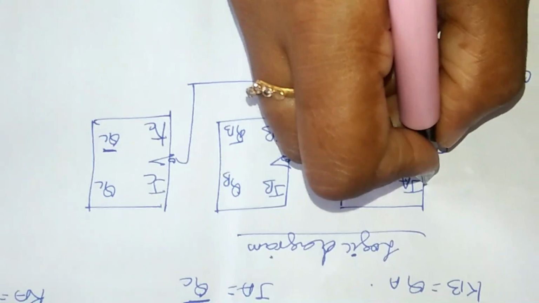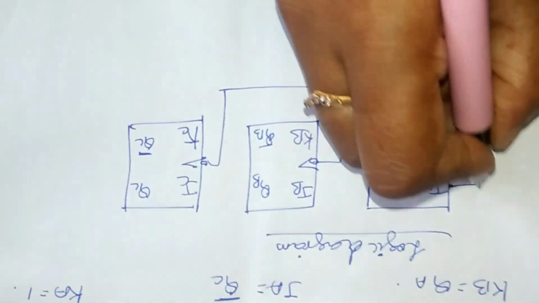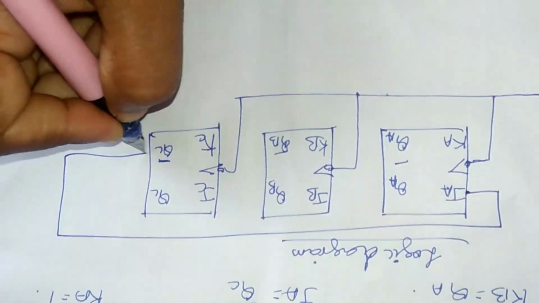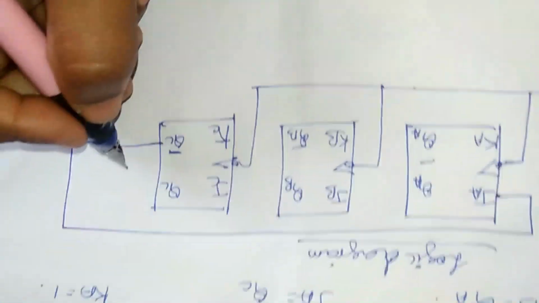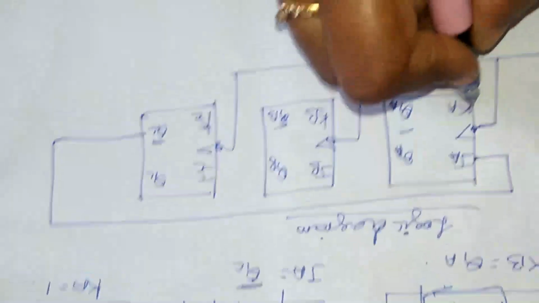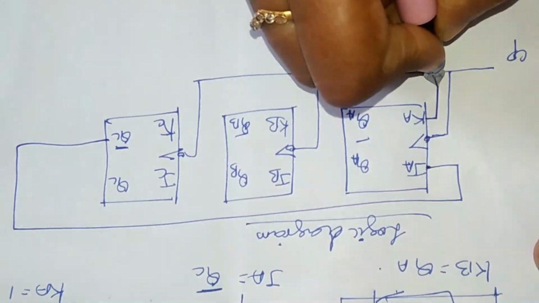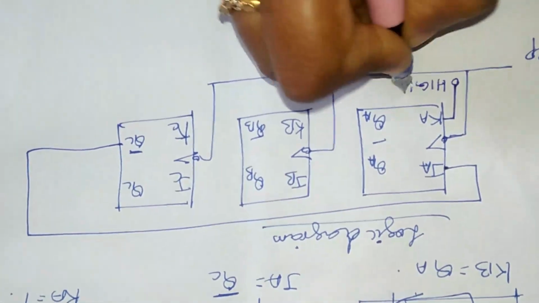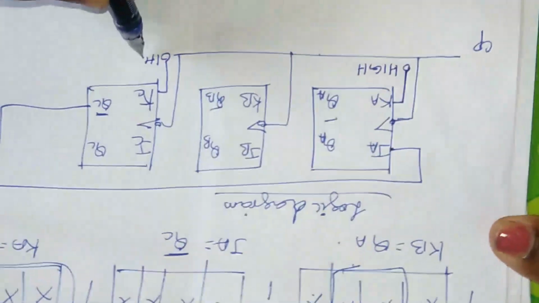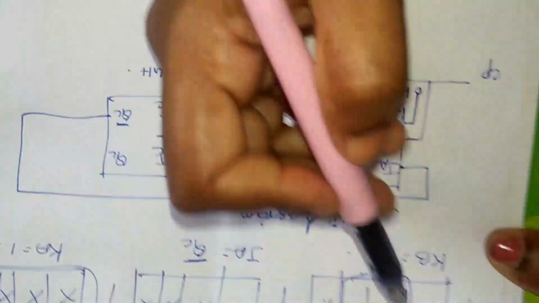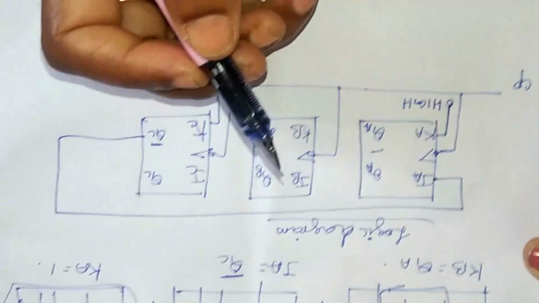The expression for JA is QC bar. So I'll just connect this over QC bar. And the expression for KA is 1. So I shall write this as high because it signifies 1. Similarly, KC is 1, so I'll write this as high. Next I have JC as QB and